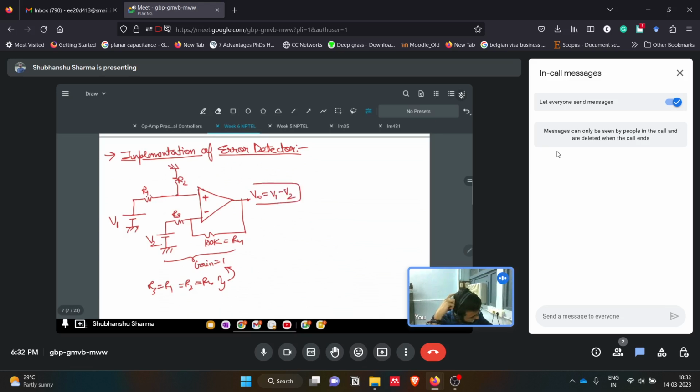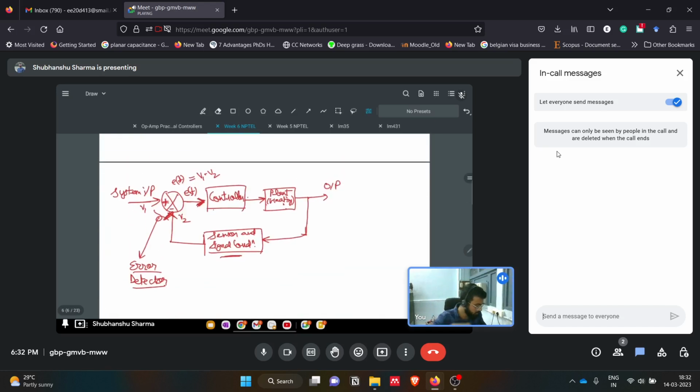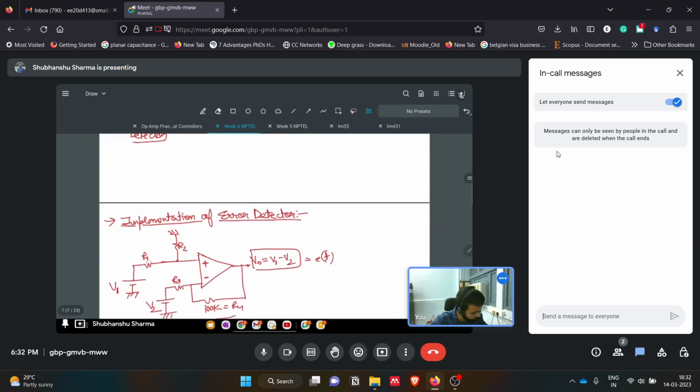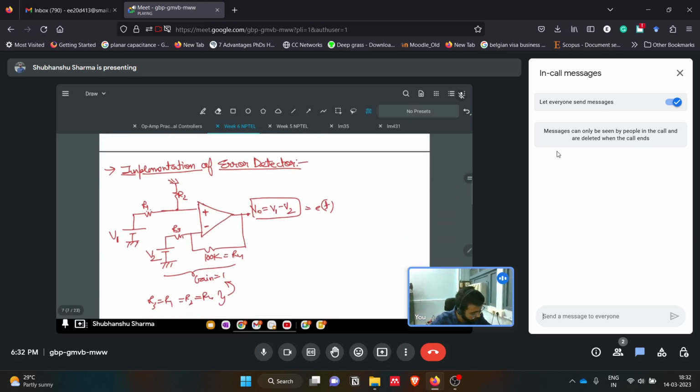So we are getting a differential gain here. This is what the error is about, the error being V1 minus V2. So using an op amp, we were able to generate the error signal E of t. In this experiment, you would have seen